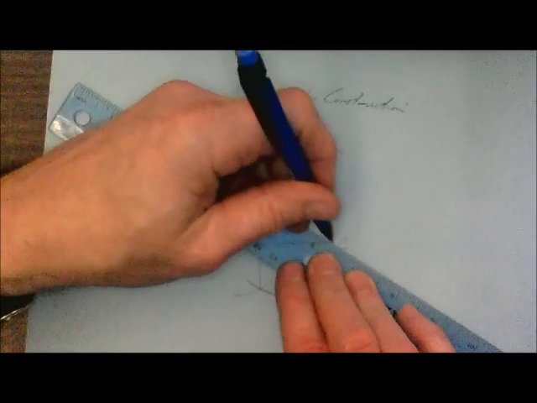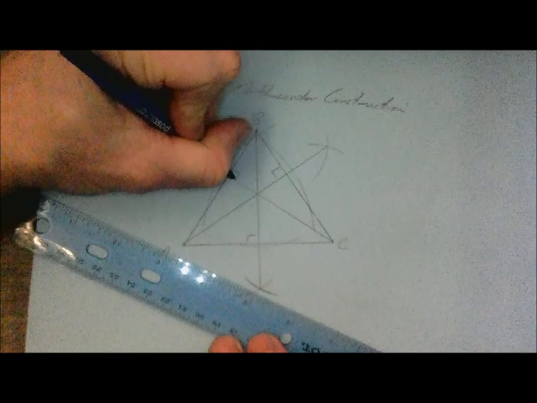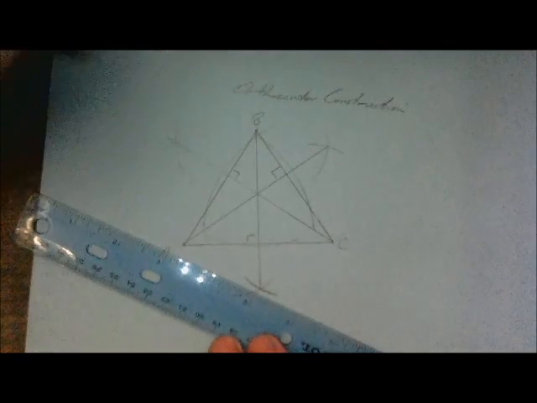So there are my three altitudes, and they connect at a point called the orthocenter, which we're going to go ahead and label point